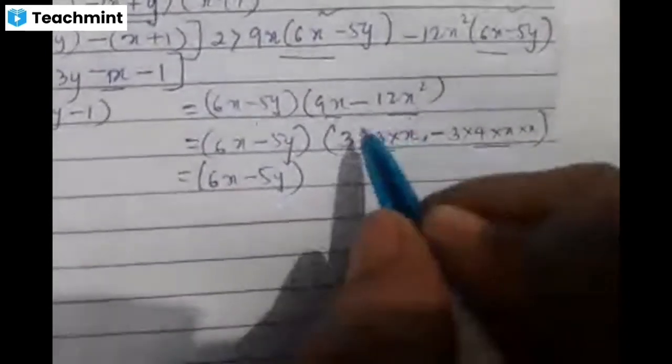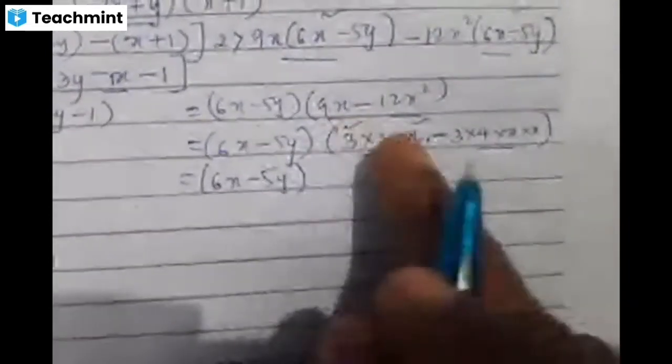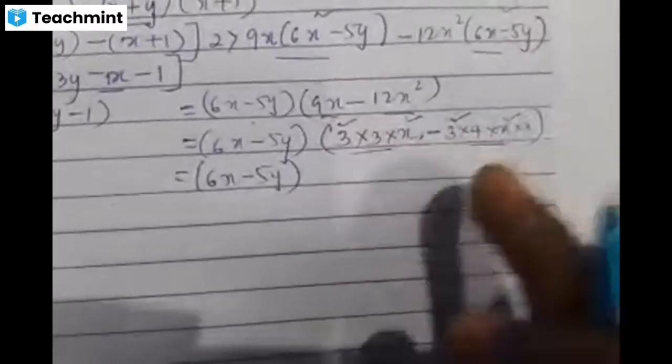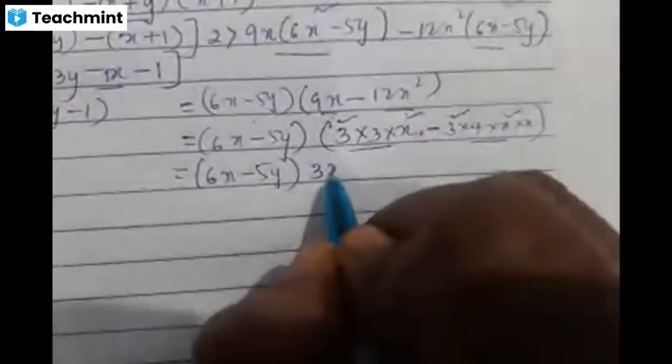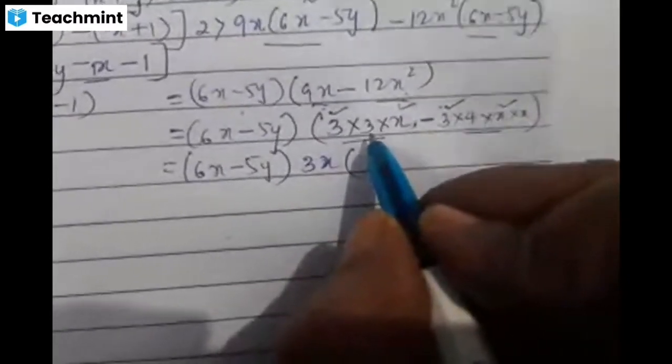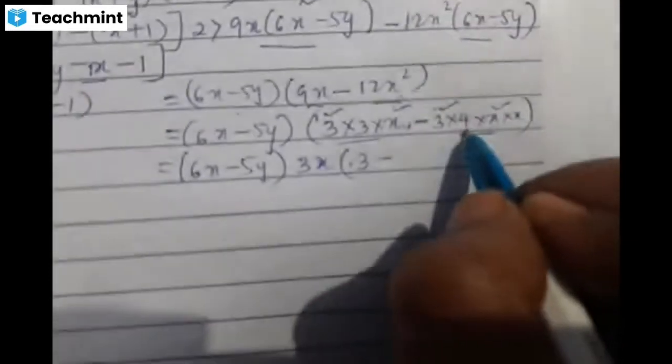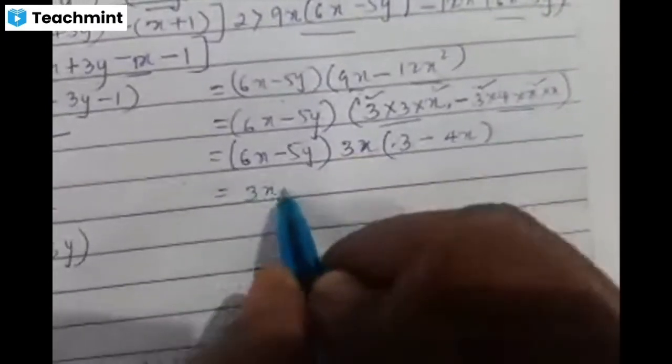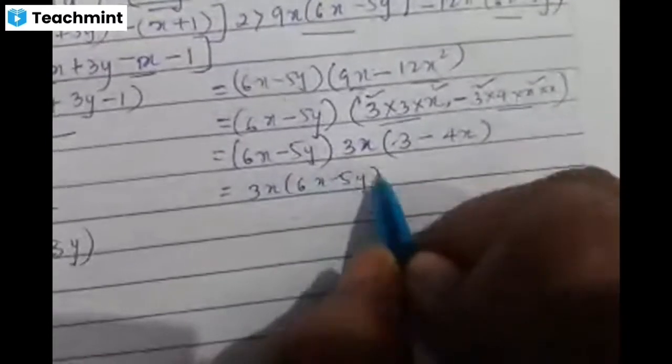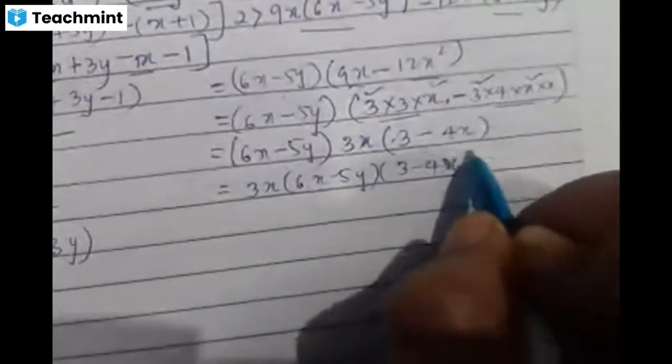Now what I do in this next step is, these are the two terms we have. Which term is common here? 3x in this and 3x here. The 3x term is common, so keep it outside. What is left here? 3. If 3x is kept outside, what will be left here? Minus 4x. So this term can be written 3x into 6x minus 5y into 3 minus 4x. So in this step what I have done? This 3x I have written first. So monomial, binomial and binomial. In this way we are going to factorize when the binomial is a common factor.